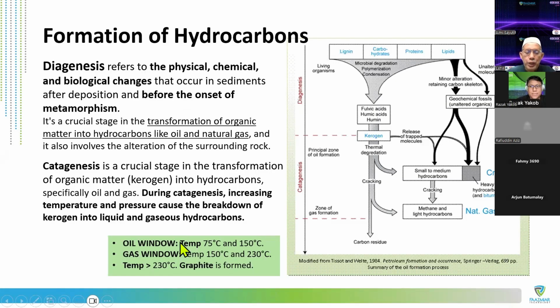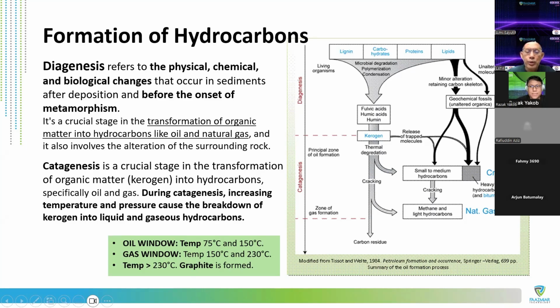So for some idea about the oil window, you can see what I've written here. For the oil window, the temperature is within this range, 75 to 150 degrees C. Our boiling point is 100 Celsius, so it is more than 100 degrees Celsius where the oil starts to really be extracted from the organic material. But once you go below that, or go higher, to a temperature of 150 to 230, it's a gas window. Some areas will have deeper depth where you still have 150, so the oil can be found at deeper depth. In some areas the temperature is too high, so you only find oil at a certain shallow depth. Then the rest is just gas reservoir that you can find.